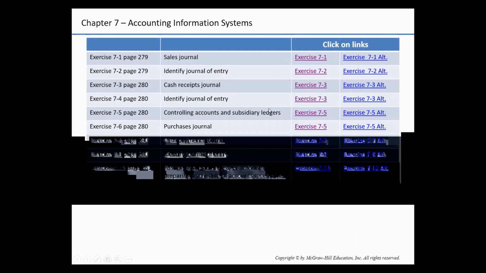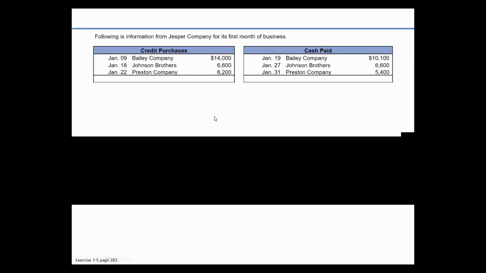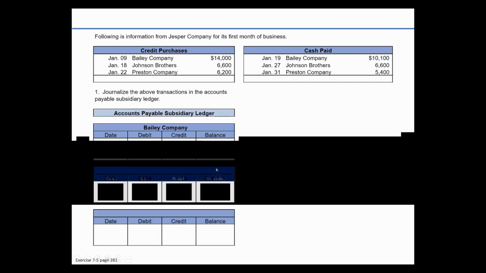So then this one is how to use the purchases journal. The following information is from Jesper Company for its first month in business. So they had credit purchases and then the cash that was paid for those purchases. So we'll journalize the above transactions in the accounts payable subsidiary ledger. Again, each company is going to have an account in there. So Bailey Company, Johnson Brothers, and Preston, they're each going to have an account within the accounts payable subsidiary ledger